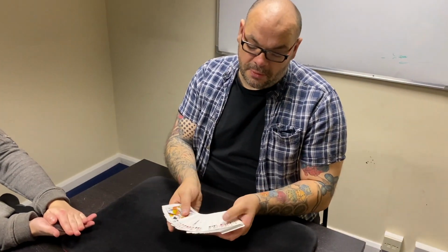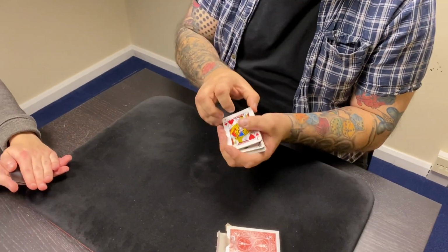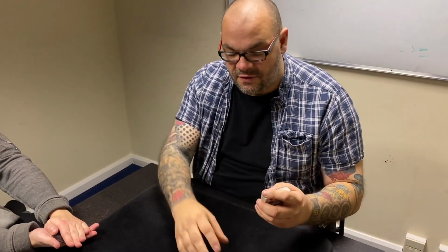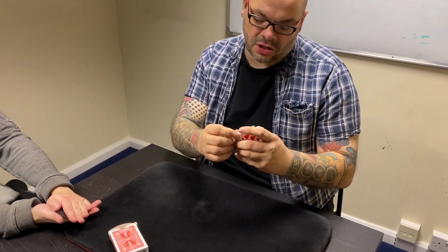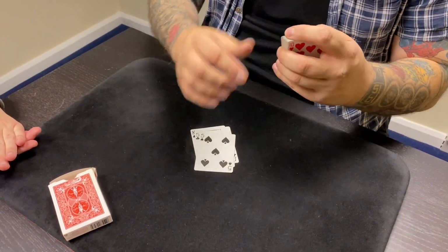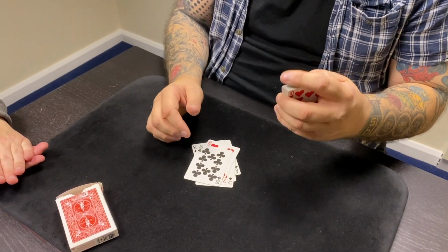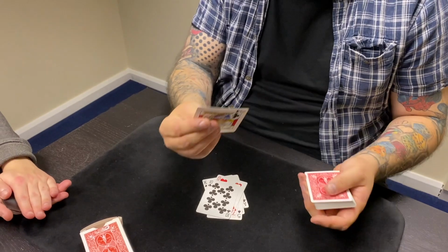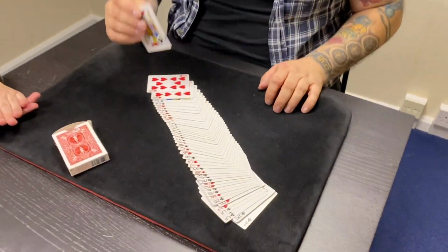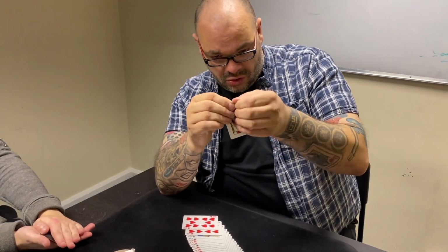Luke, you're going to pick one of these cards. Okay. I'm going to give them a bit of a shuffle first. Thank you. Just so you know that they're all mixed up. And I'm going to do this in a very fair way, Luke. So I'm going to deal cards onto the table like this, one at a time. Anytime you want to, just say stop, anytime. Stop. There, do you want to stop there? Are you happy? Yeah. Okay, I'm going to take the card you stopped at, the Jack of Clubs, and think about this for a minute. You could have stopped anywhere, but you stopped on this card. Is that fair? That's fair, man. Now watch. All I'm going to do...